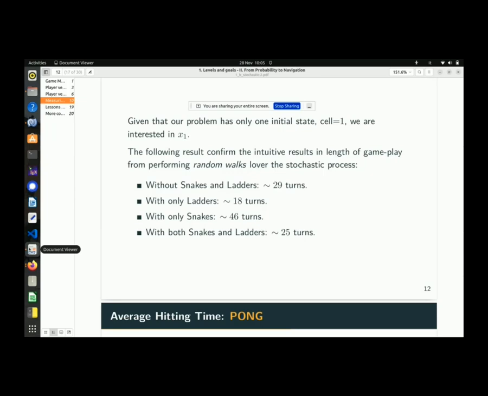You could also play with the code base and change the configuration, removing the snakes and ladders, adding just the ladders, and doing that. By doing this, you will see that the average number of turns required to win the game, so reach the final state for the snakes and ladders problem, will change drastically. So without anything else, you're just taking like 29 turns,